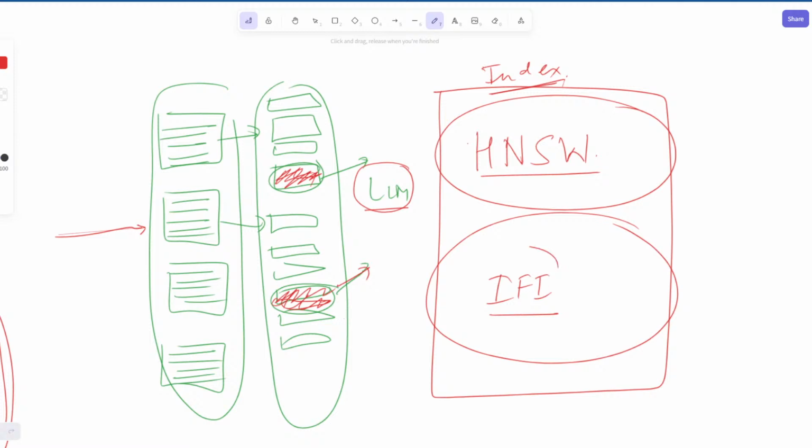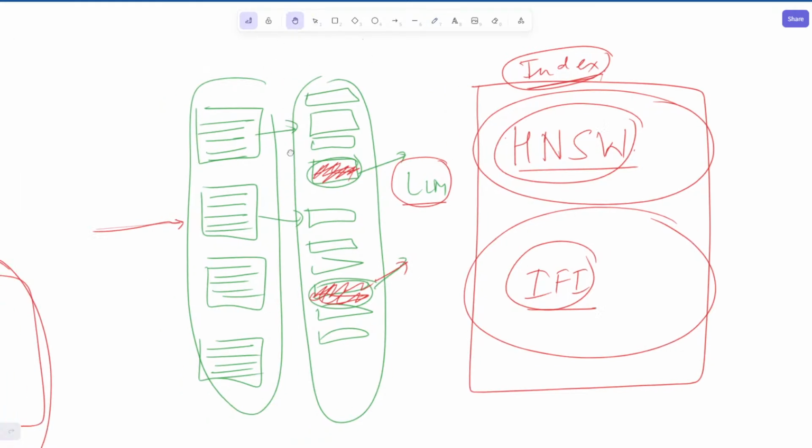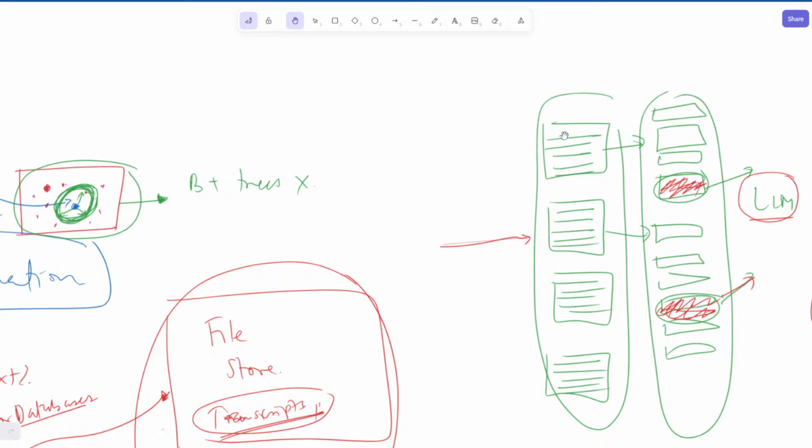Okay, so once we have a way of indexing vectors in our database, we can make sure that the relevant paragraphs are picked up by the database and sent to the large language model.